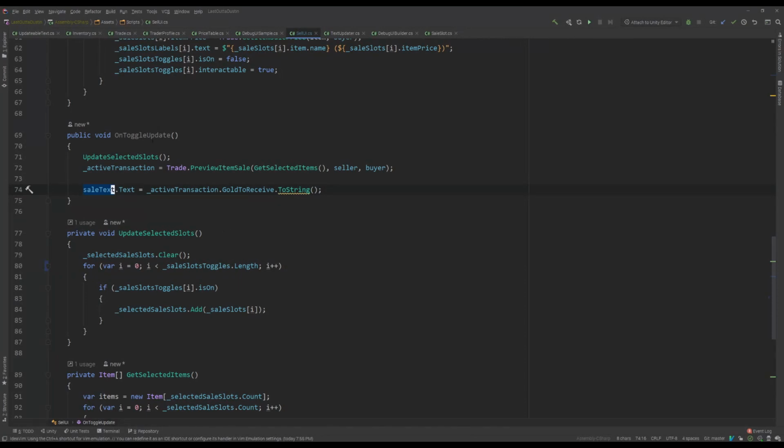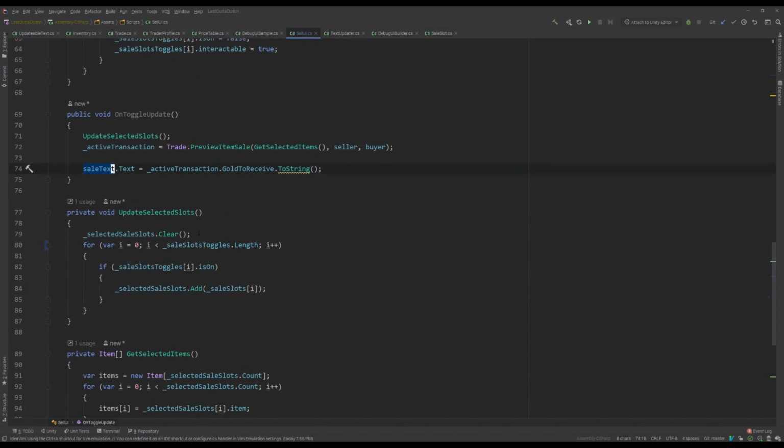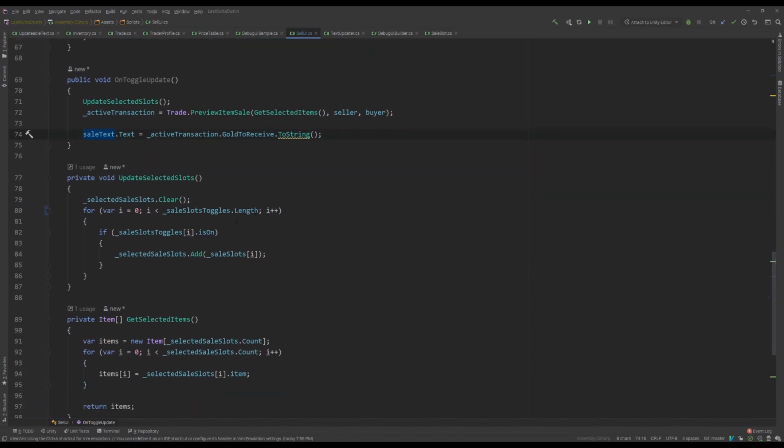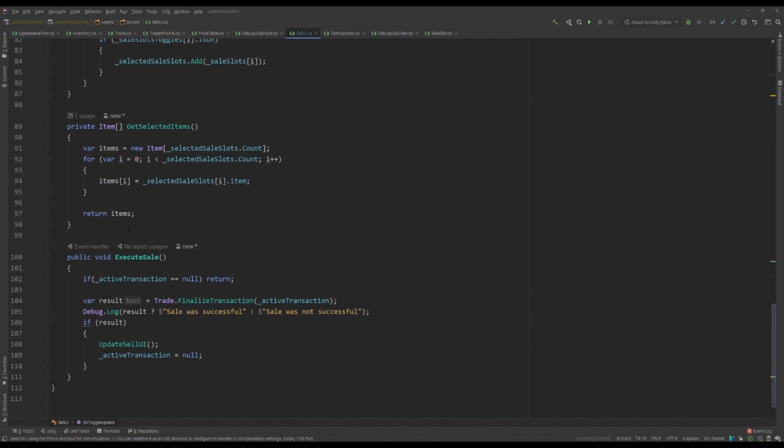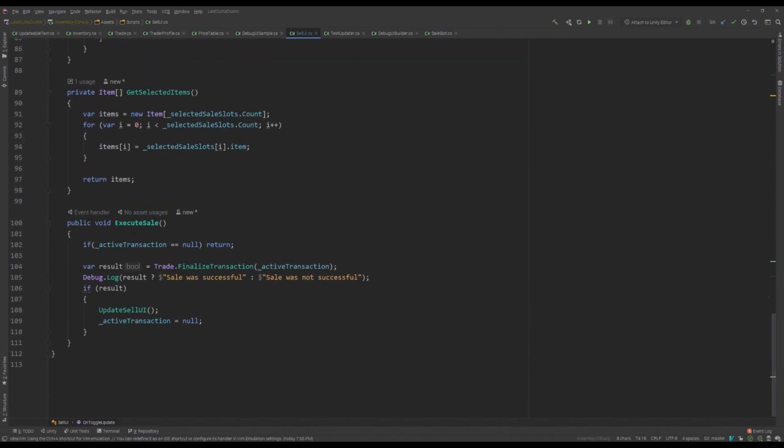When we're updating things, we'll see it here come up, which is pretty much what it was doing before. Just now it's going through a transaction instead of going through every item and adding the price manually here, which is actually better. If we later change how we do transactions, we wouldn't need to come back and update this. So we went through all of this, and the last thing that is left here is to actually execute